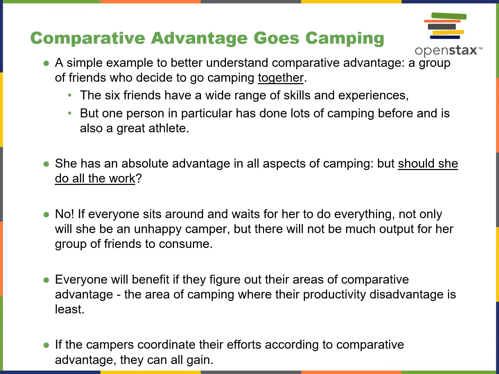We have 6 campers, and this is a comparative advantage illustration. Let's say we have 6 people, and one of them is very athletic, has been camping forever and a day, and is very skilled in all aspects of camping. She has an absolute advantage, but should she do all the work? Of course, common sense dictates no. This is a human nature thing. If everybody sits around and waits for her to do everything, not only would she be an unhappy camper,